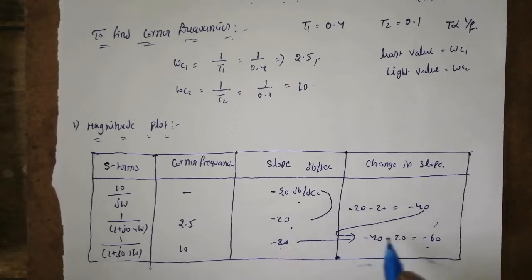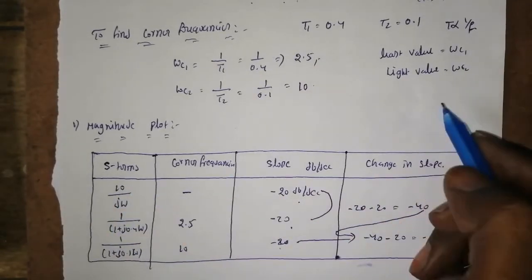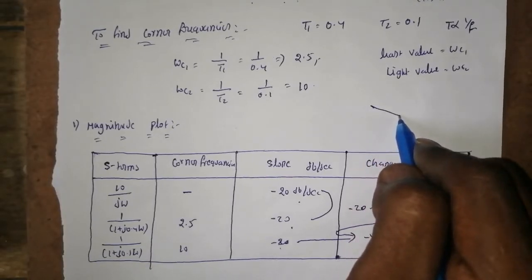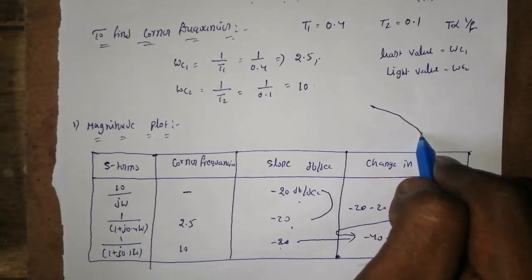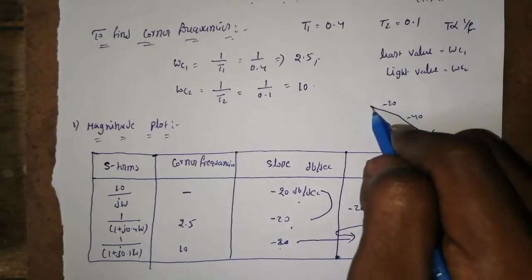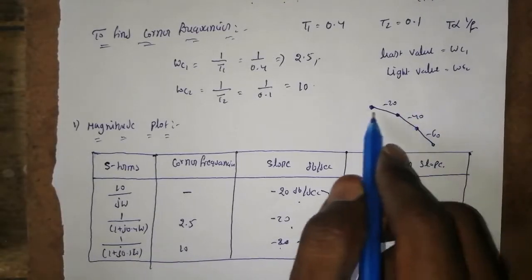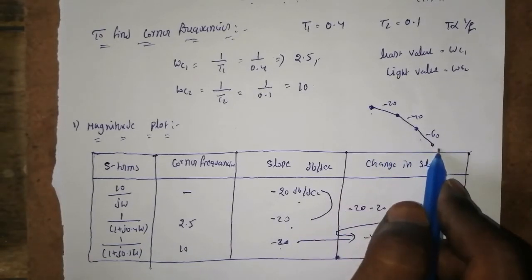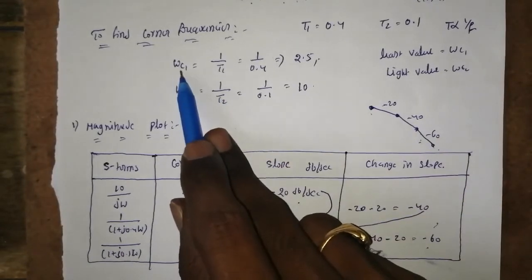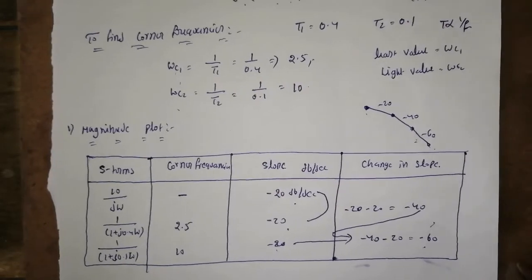See how we can find the slope: here we have the three S terms, right? So then you will get the three lines, three slopes. So slope 1 is minus 20, minus 40, minus 60. For plotting these three lines, it requires 4 points, 1, 2, 3, 4. So these 4 points are nothing but the corner frequencies. So already we have the corner frequencies omega c1 and omega c2. So two more corner frequencies are required.